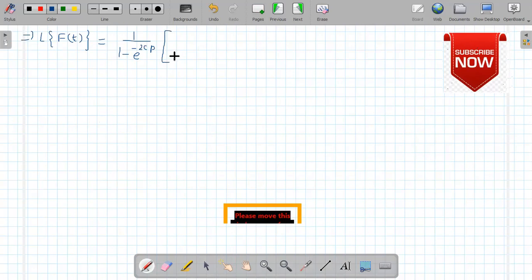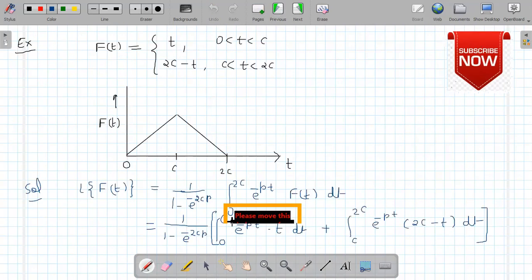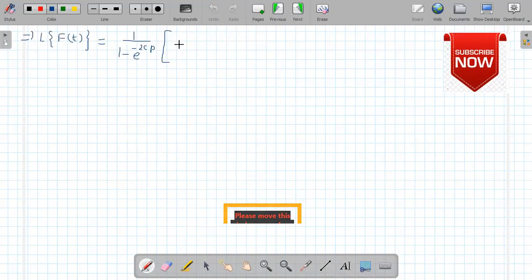If you integrate this function, we use the product rule. First function into integral of second function, e to the power minus pt divided by minus p, and then we differentiate the first function and integrate this. This is a shortcut method. So this is e to the power minus pt over p square with the limit